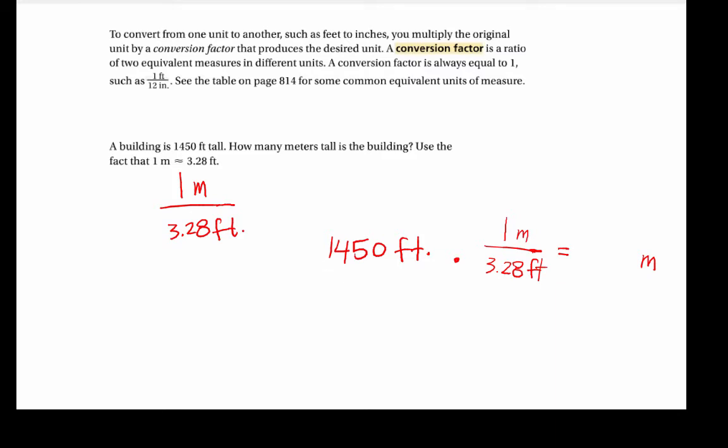And what I mean by that is, if I put 1,450 feet over 1, when I multiply here, see how I have feet in the numerator here and I have feet in the denominator here? Those feet units, if you will, cancel each other out. If one's in the numerator and one's in the denominator, when I multiply here, I'm going to get some canceling of units, and that's what we want to have happen here. So I know that gives me the clue that I need to know that 1,450 is going to be divided by 3.28 to tell me that this building is approximately 442.1